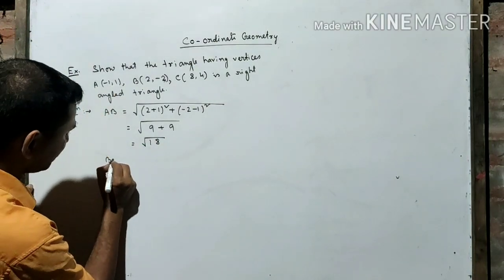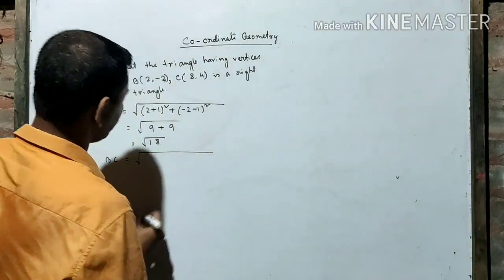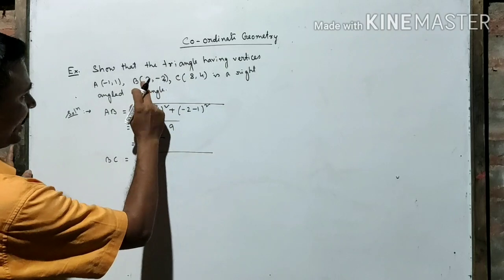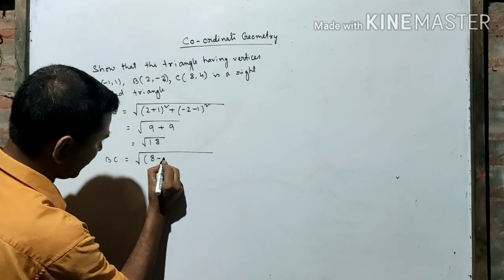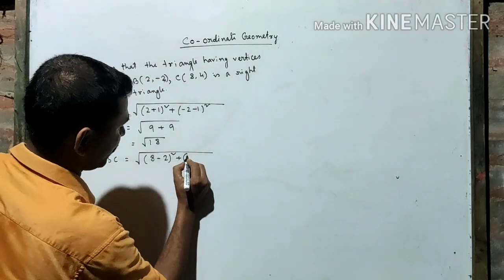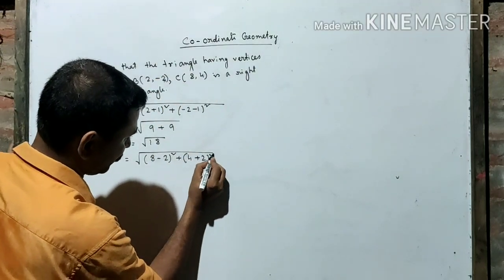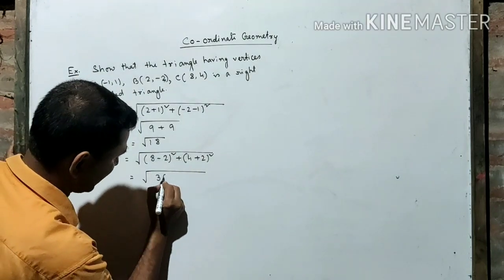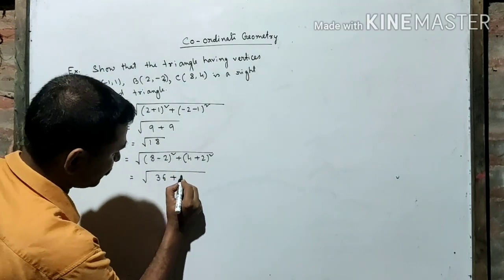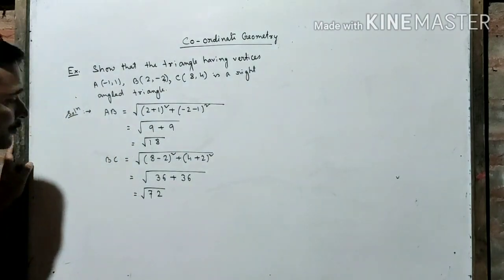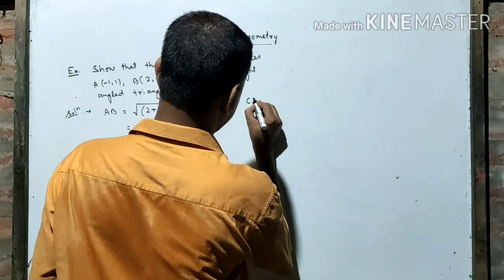Okay. Then BC, x1, x2, y1, y2. So 8 minus 2, x2 minus x1 whole square, plus y2 minus y1, 4 minus minus plus 2 whole square. So 8 minus 2 is 6, 6 square is 36, plus 4 plus 2 is 6, again 36, equal to root 72. Then we will find CA,